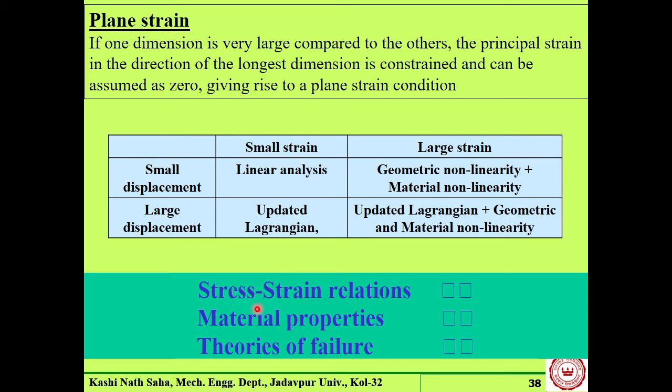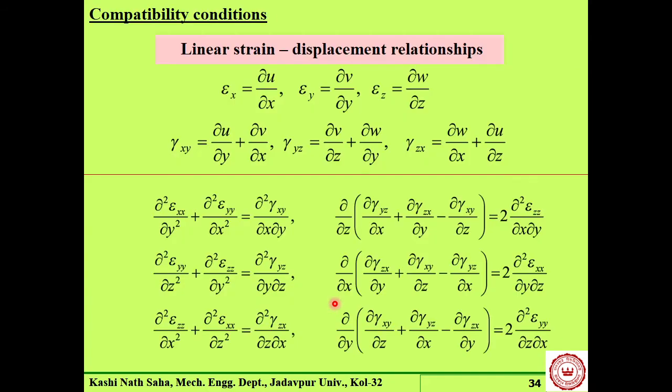We will observe this first and then we will see there are theories of failure. These theories of failure are also a function of the particular material for which we are discussing the theory. So, this part we will discuss next, but before that,